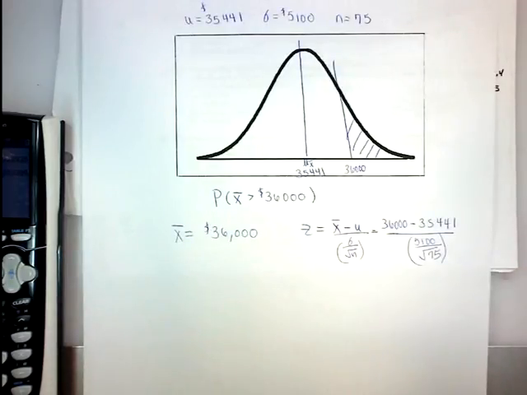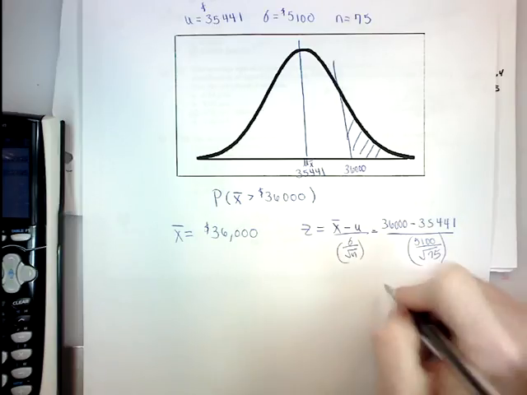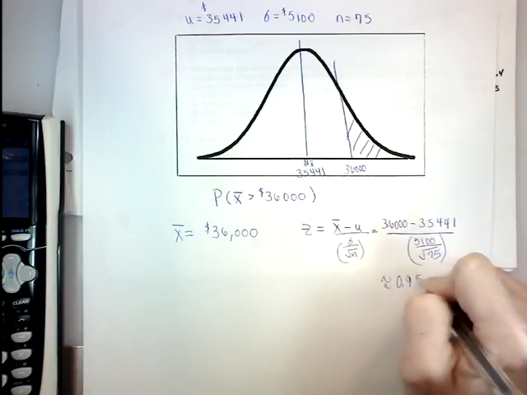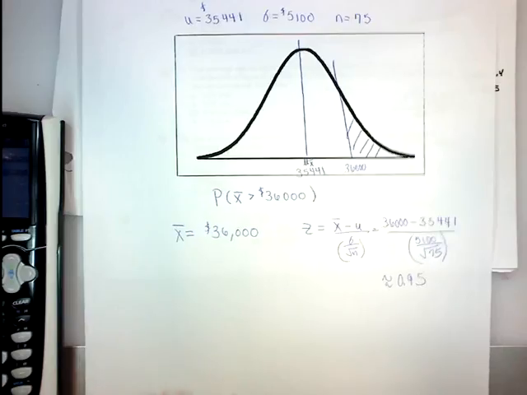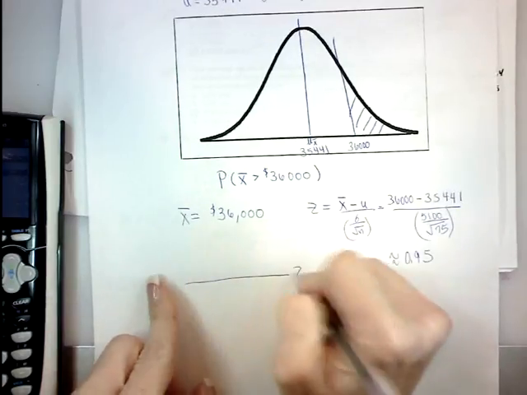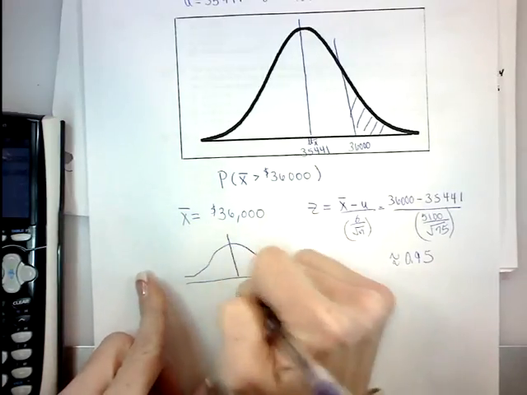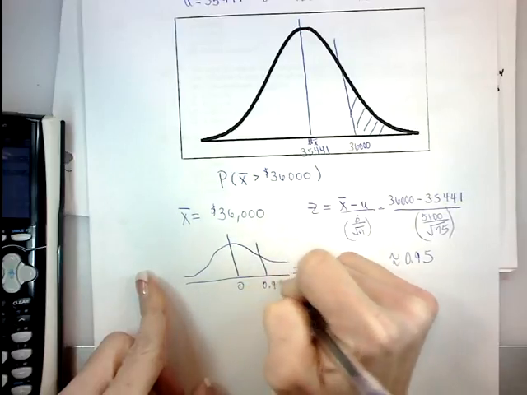And we will round that to two places. And that's 0.95 as a z-score. So the distribution in z, which is very much the same picture as above, 0.95 and shade